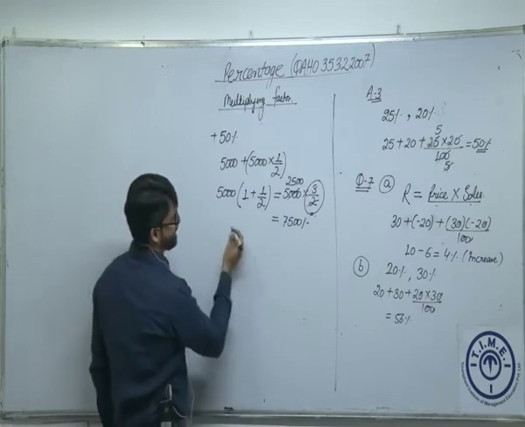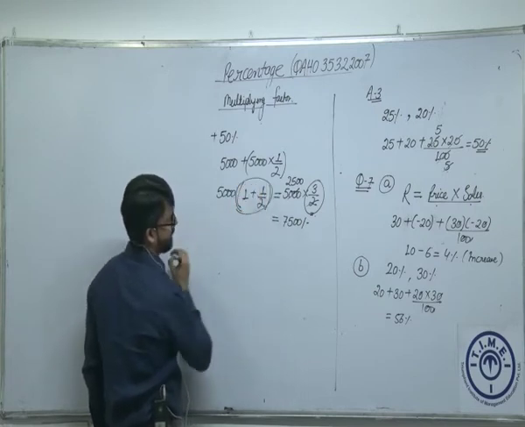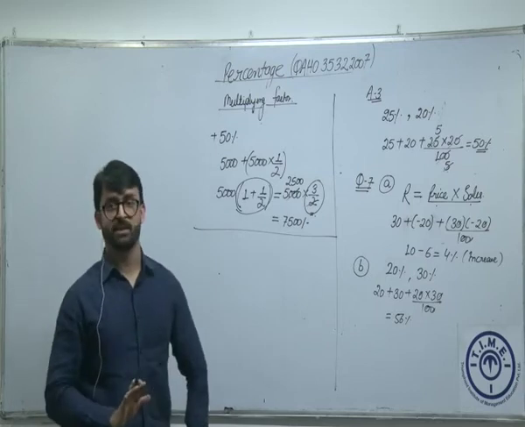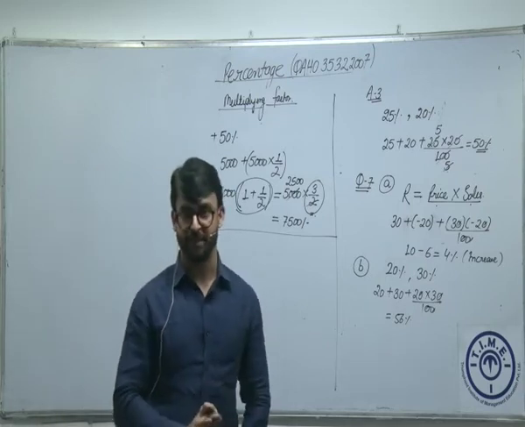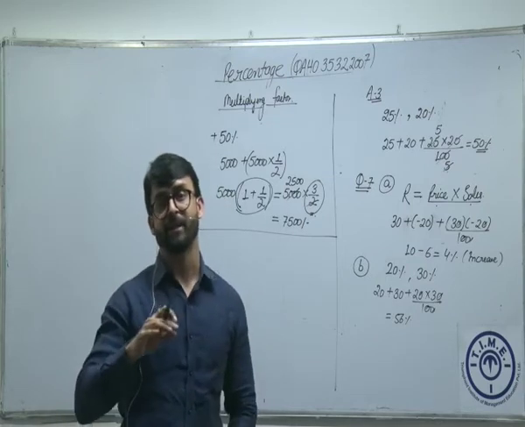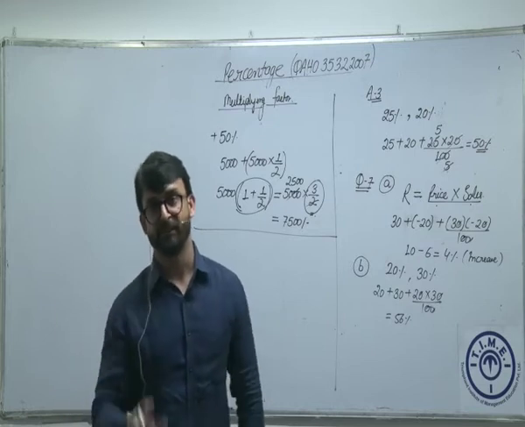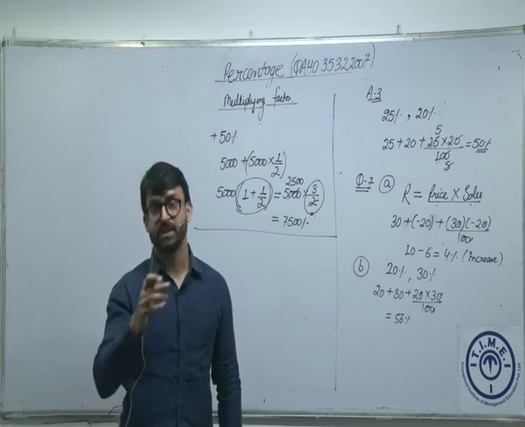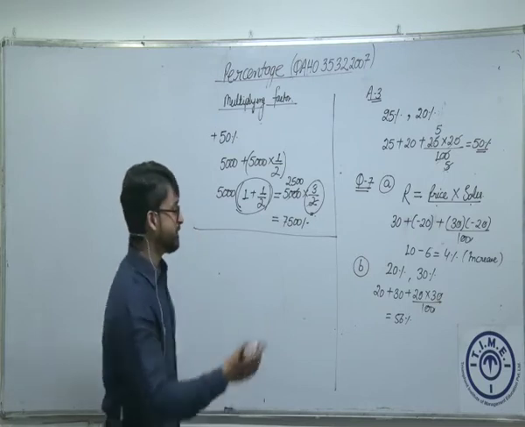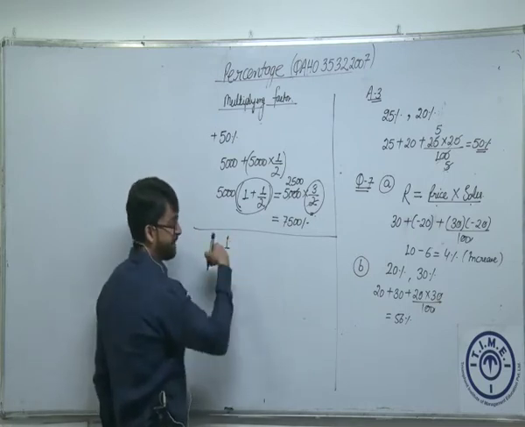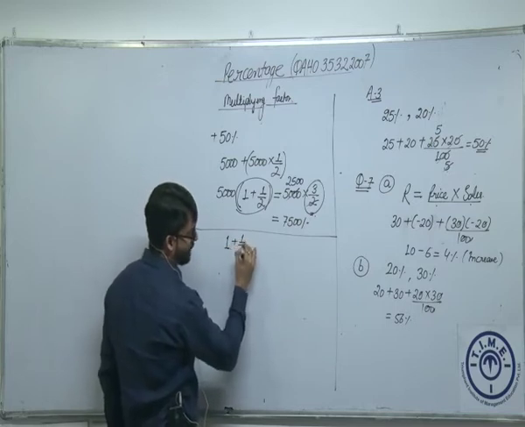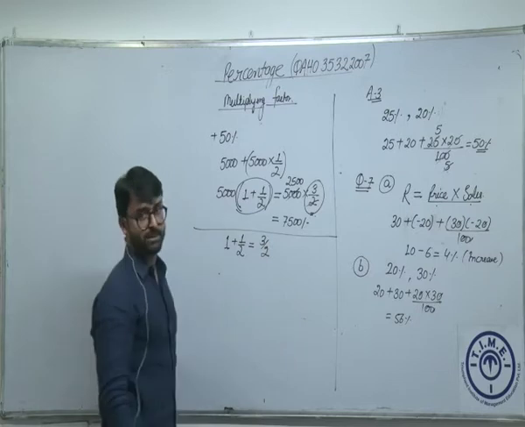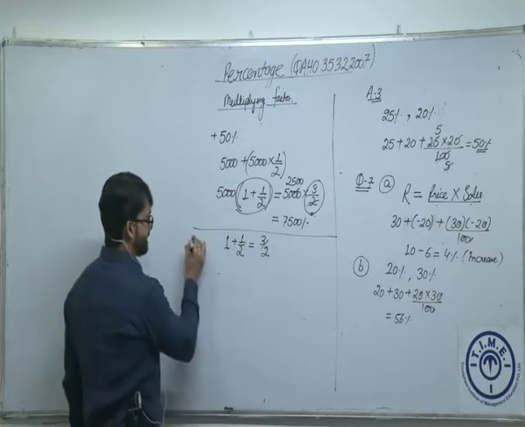The technical part is how do we calculate this? Now I need to understand. I'll go for a very basic thing. Anything is always 100% of itself. That means 1 times of itself. If you increase that thing by, let's say, 50%, 50% is what in terms of fraction? This is 1/2. So this is already 1 times of itself. If you're increasing that by 1/2 again, so that will become what? 3/2 times. That is 50% increase.